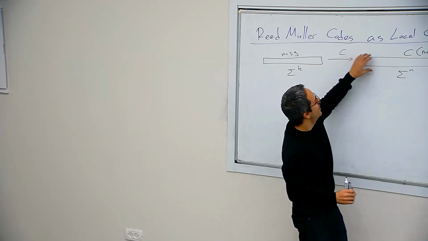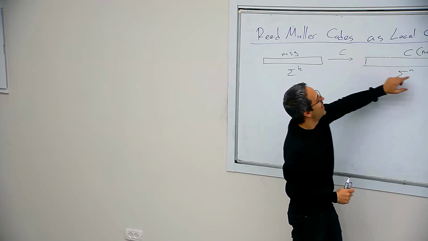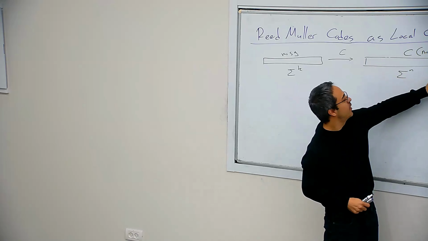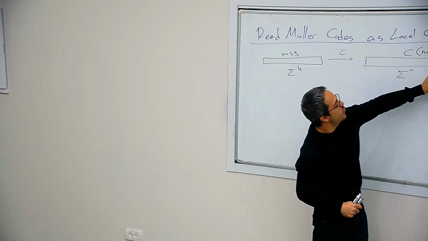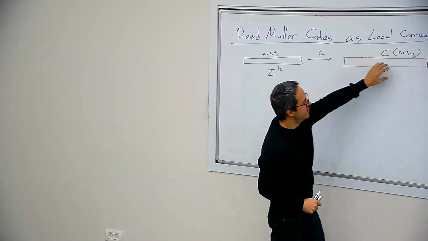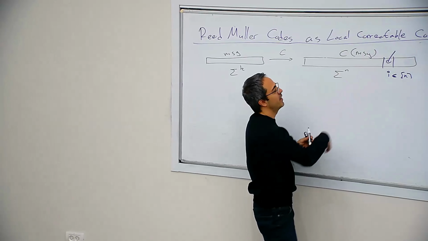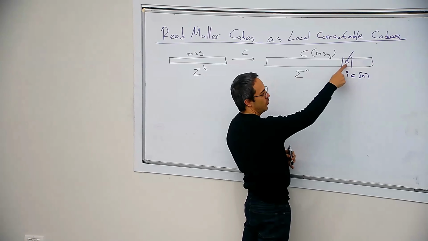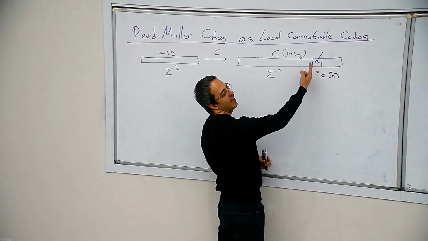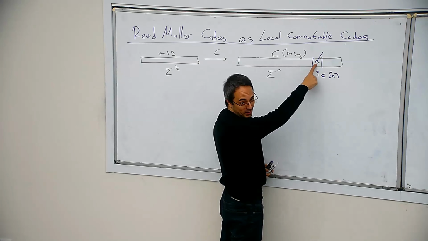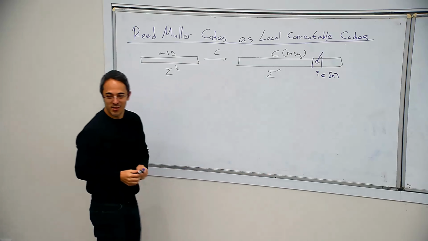So again, you have a message, you have a code word, and you give an index. What you want in a code that has this property of local correction is that even though there are some errors here, you want to figure out what was written in the original code word without the errors at entry i, despite the fact that the adversary is definitely going to put an error there if he wants to. So that's local correction.